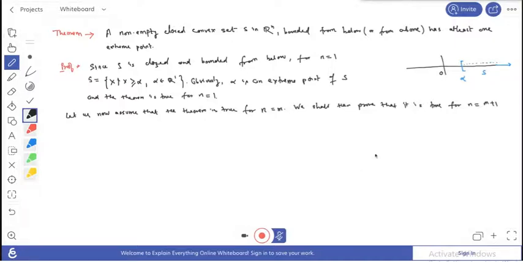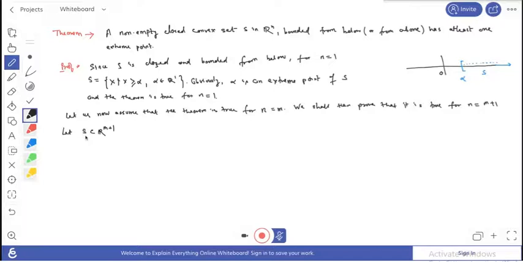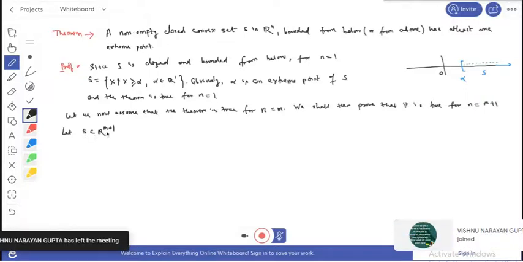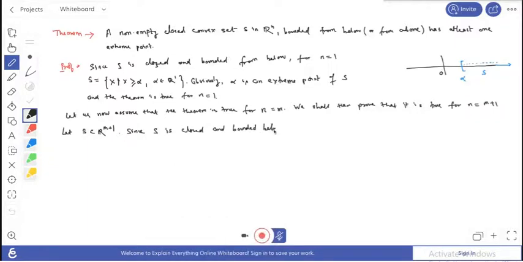Now if this theorem is true for n equals to m, this means you assume that any set S, which is a subset of m plus one dimension, and which is closed and bounded, has an extreme point. Here S is a subset of R m plus 1, and since this S is closed and bounded below, we can say that there exists